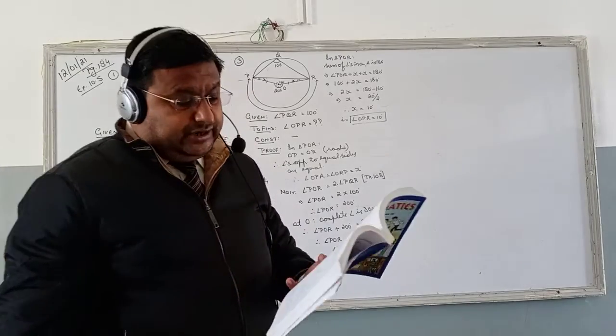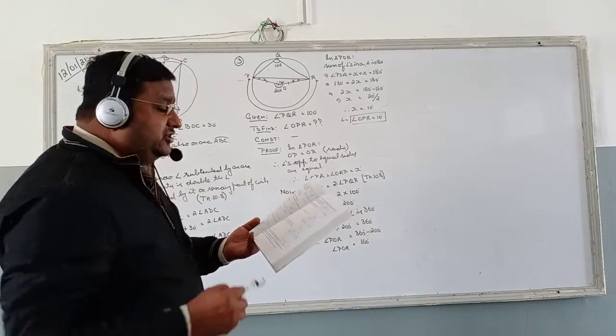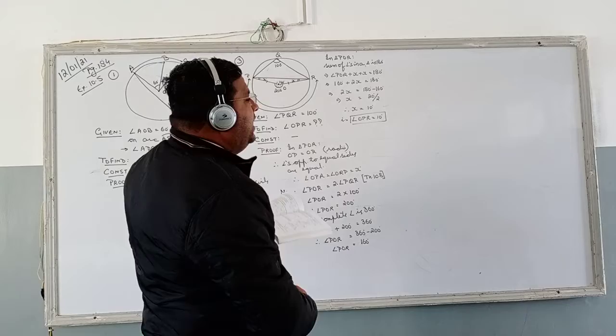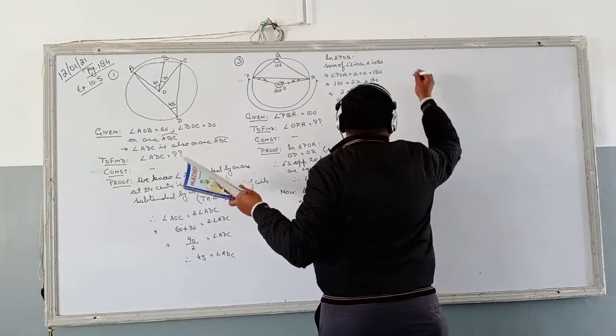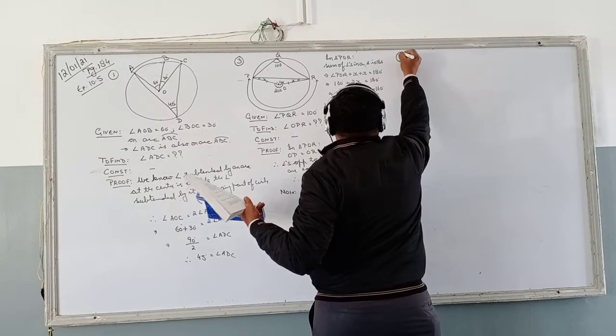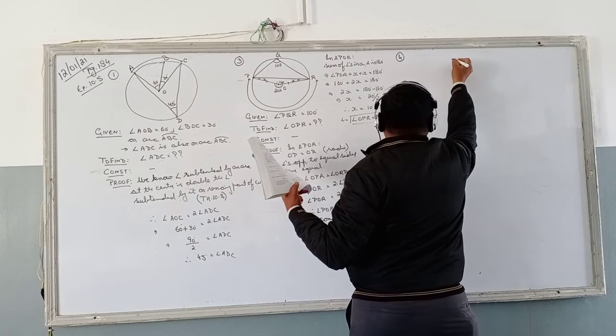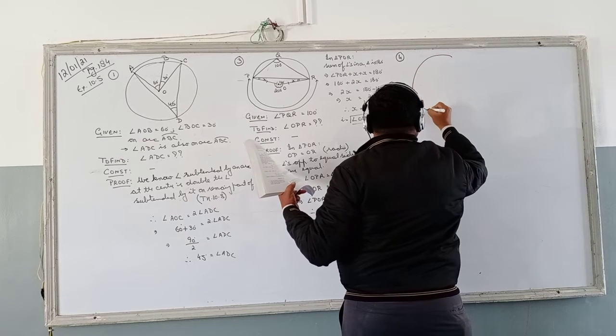The same type of question is question number 4. Please check. Again the same property is being used over there. Question number 4. It says in the given circle ABC, angle ABC is equal